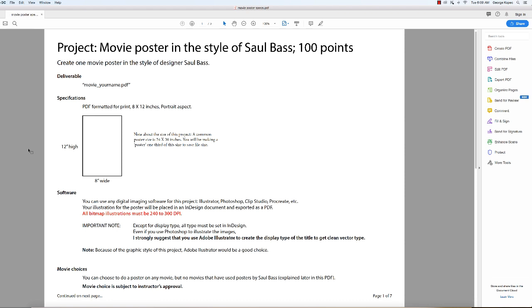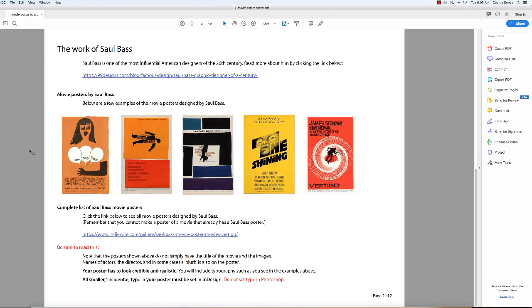So what are you going to do here? You're going to make a movie poster in the style of Saul Bass. And who is Saul Bass? Well, on page 2 of the PDF, there's a link here. You can click on it and you can read all about Saul Bass. He was one of the most influential American designers in the 20th century. He was very active between 1950 and towards the end of the 1960s. He did a lot of different things, a lot of logos you've seen that are very prevalent. He designed, but in the 50s and 60s, he was known for and popular because of these posters he did